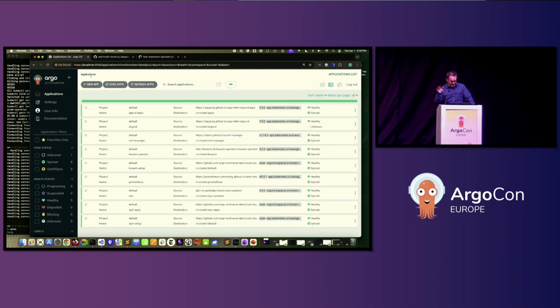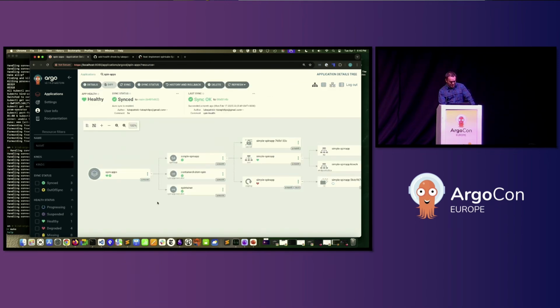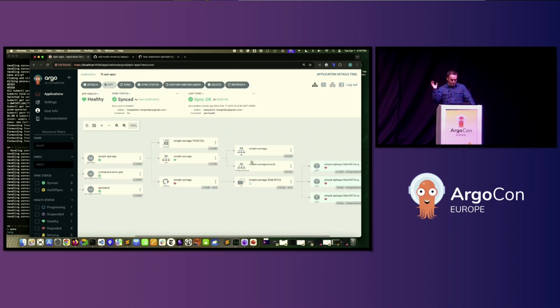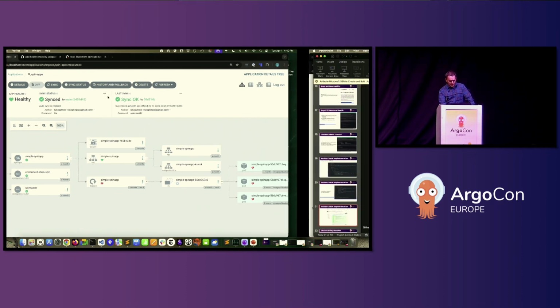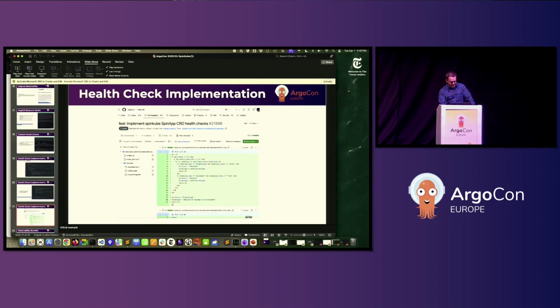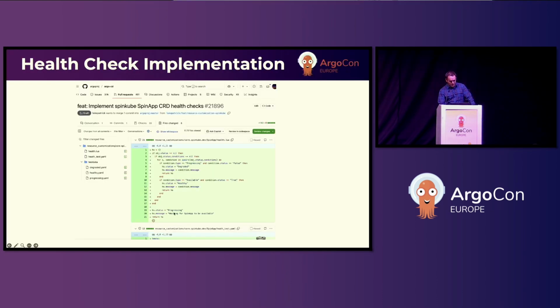So pretending that the demo worked all the way through, this health check would then change to failed, and Argo would start being aware of it. But for the sake of the demo, we're not going to go debug that. Or for the sake of the presentation, we're not going to debug that. So assuming you have the health check working,